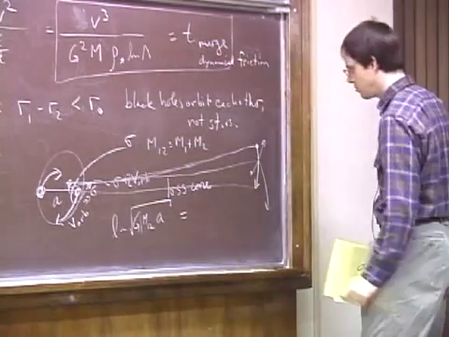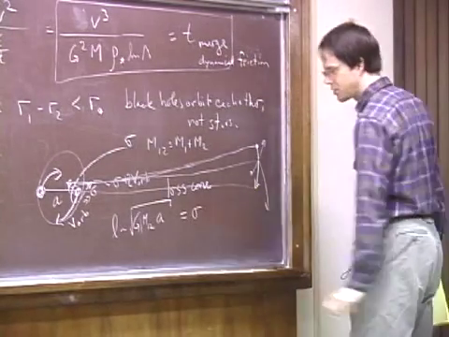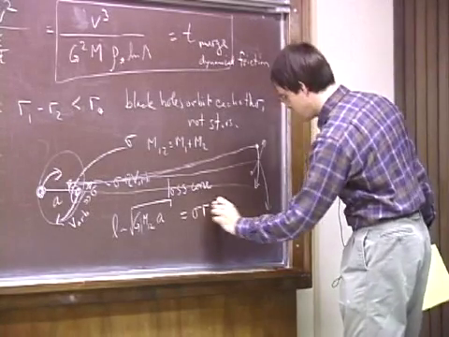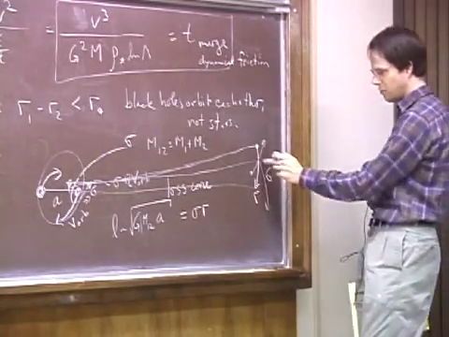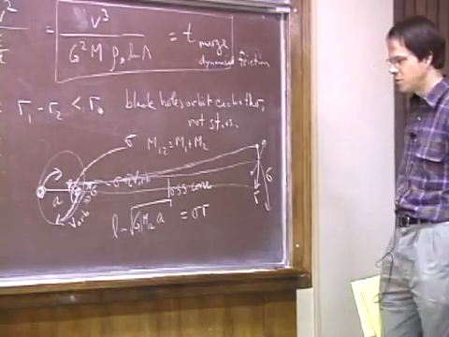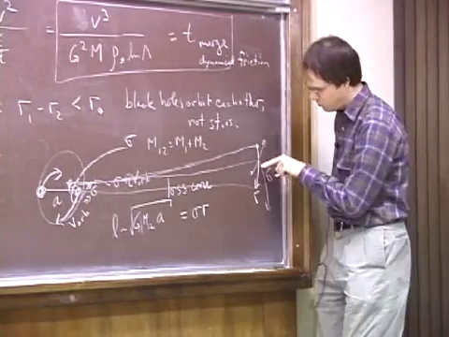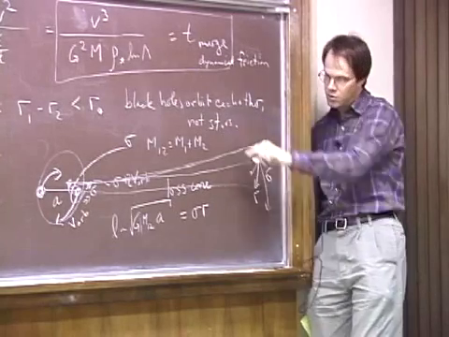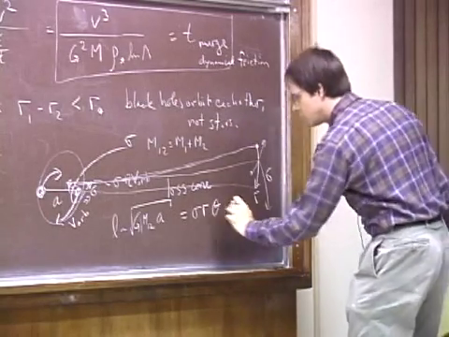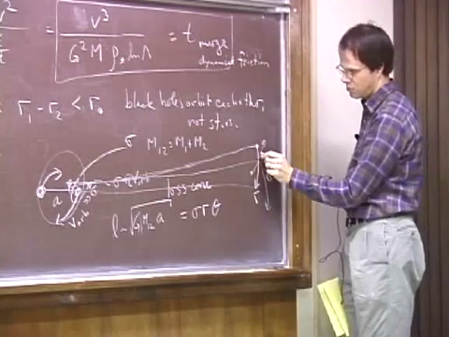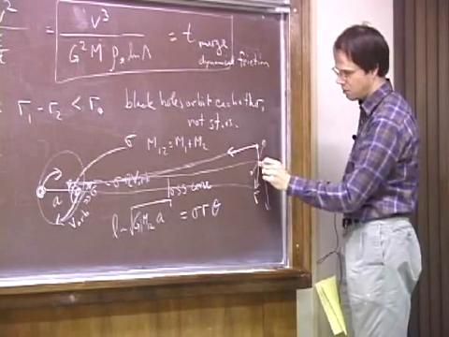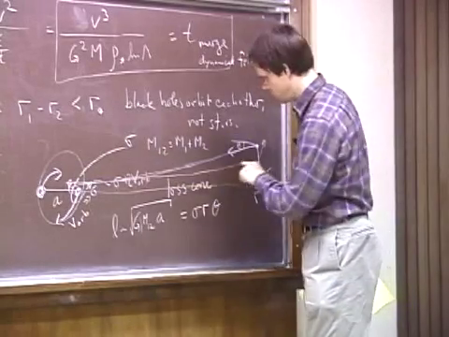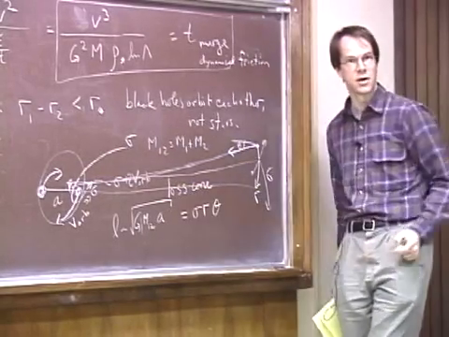That's the angular momentum, that's the relative velocity that it will have near a pericenter, and that must be equal to the typical velocity dispersion out here, sigma, times the radius r where they're moving. And of course, in order to make this true, it has to be an angular velocity that's aimed almost precisely this way. So there's an angle theta, which is the angle that the velocity has to be aimed compared to the radial direction